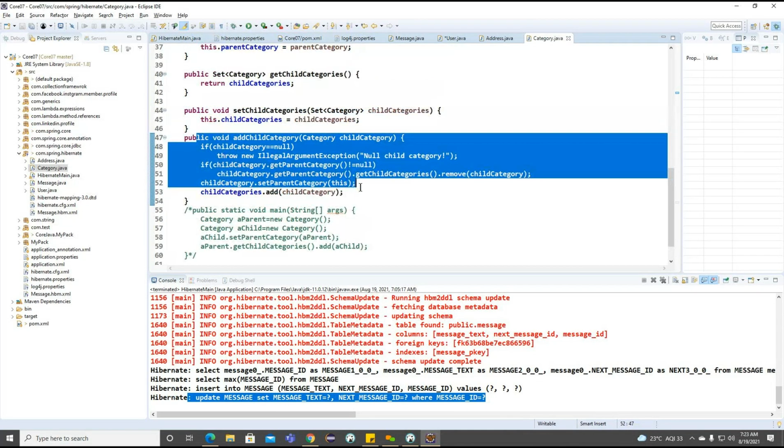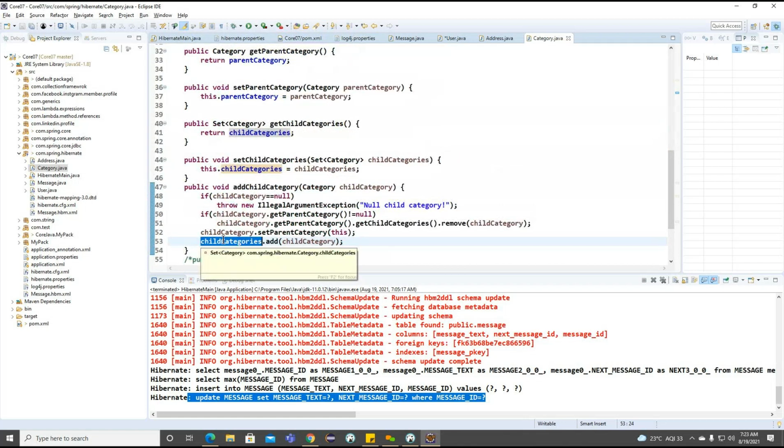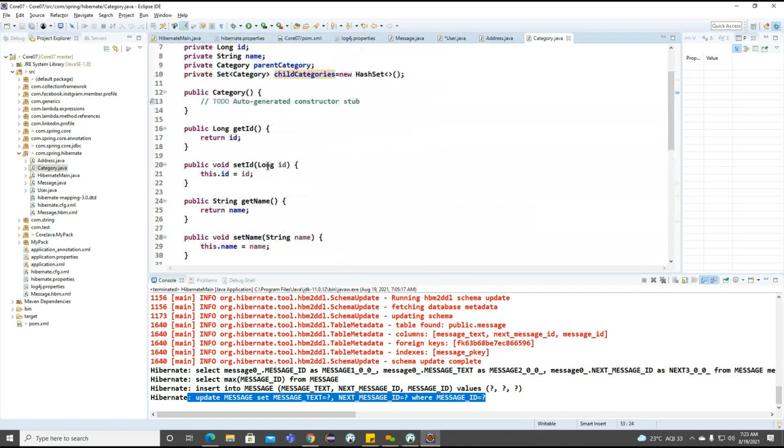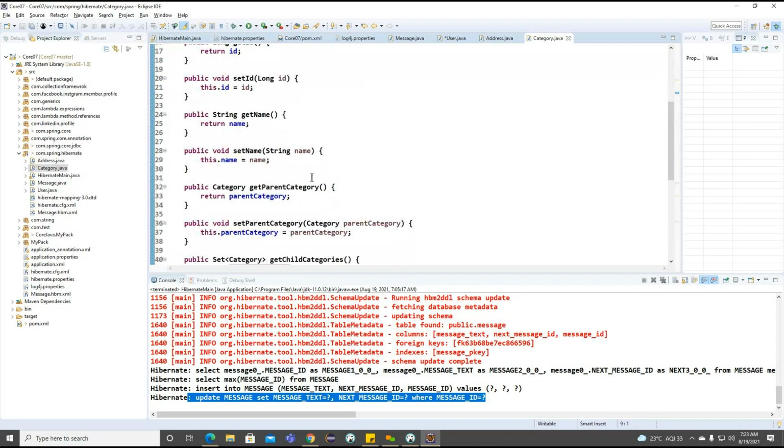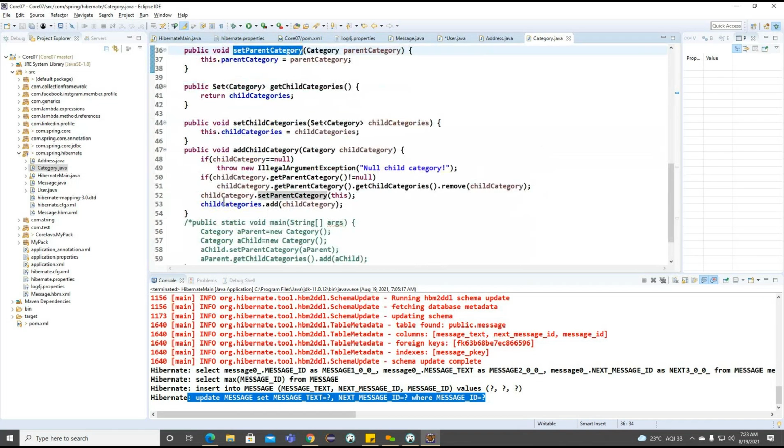But internally what we are doing is we are trying to update the same properties here. Now you can see finally we are calling set categories of this particular child categories here, and we are calling the particular parent category. So how we are calling the particular parent category? With the help of this particular method called set parent category. So getting the point. Now you can see, based on this particular object, we are calling parent category, and based on this collection reference, we are trying to insert one record into the hash set collection here. Getting the point.